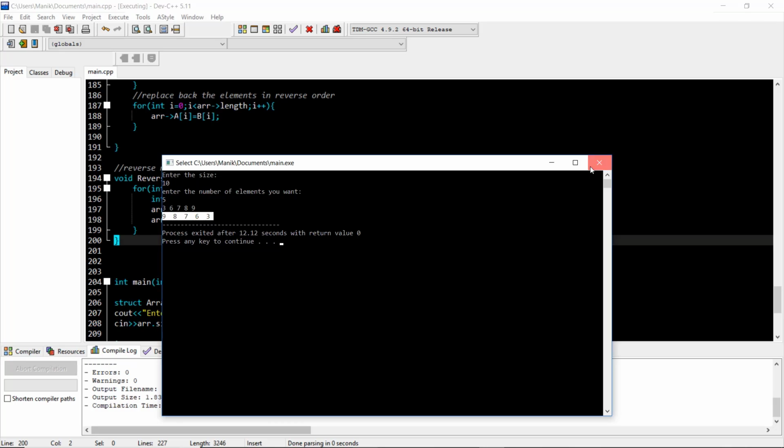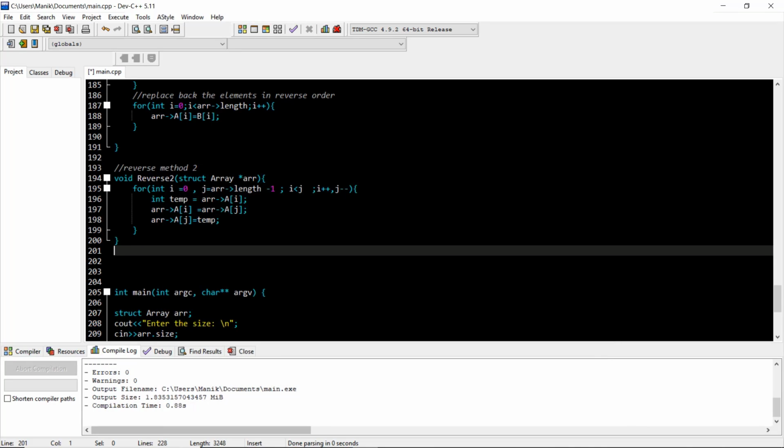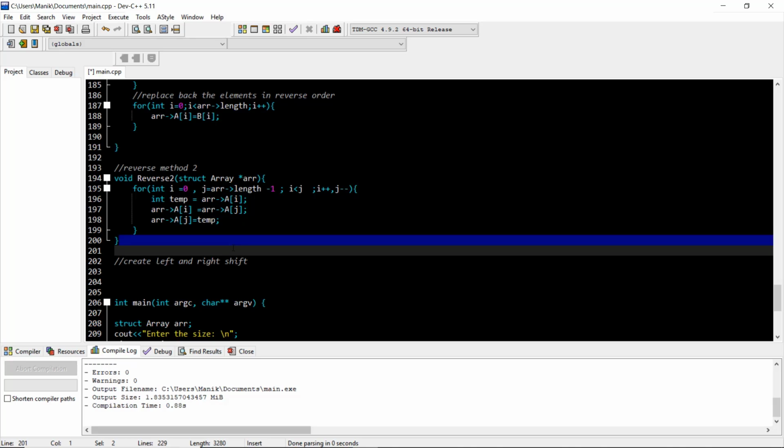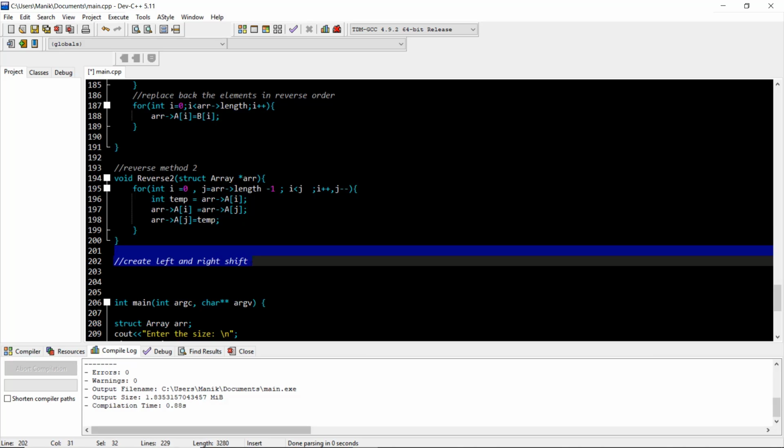Okay, so one homework is for you. You need to create left shift and right shift logic, which I have discussed in the previous theory section of this video. Okay, in the theory section of this coding part, I have discussed it. You need to develop your own logic and then comment to me about your logic, whether you are successful in doing so or not. Okay, I'll show you the code if you do so.